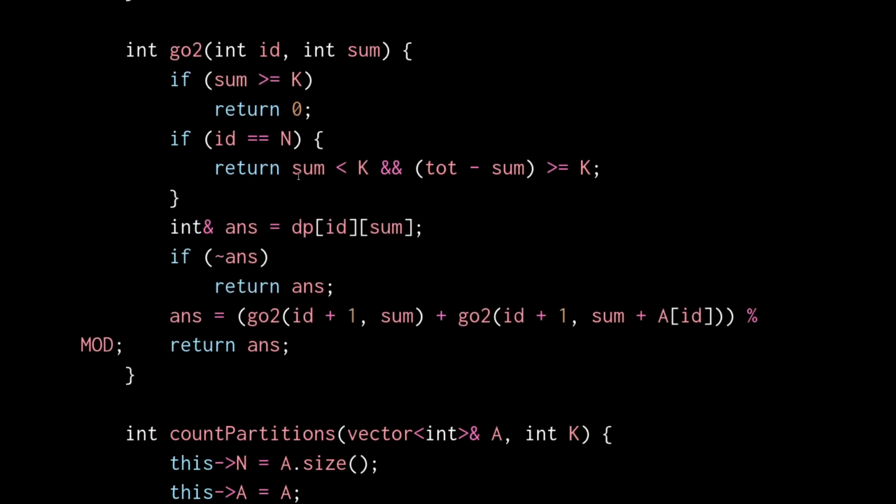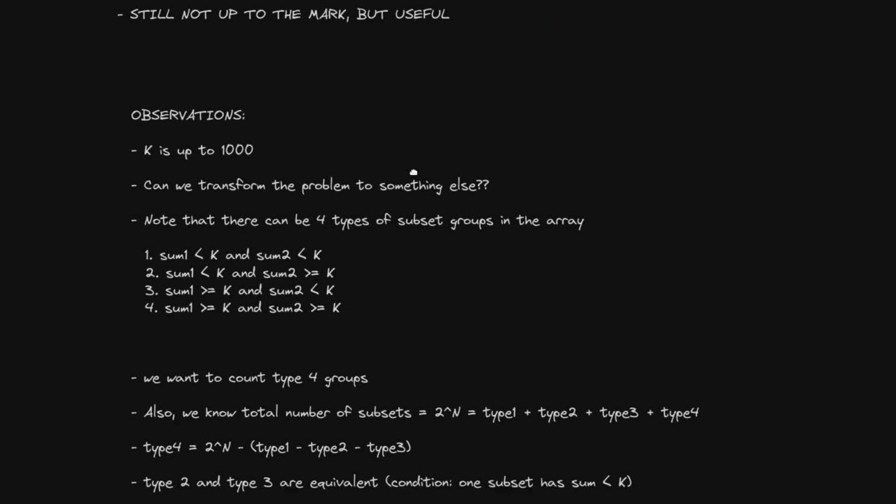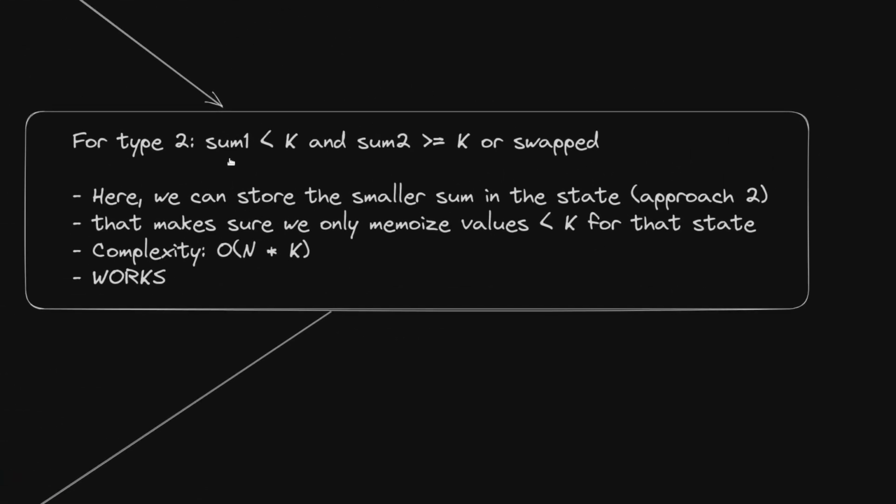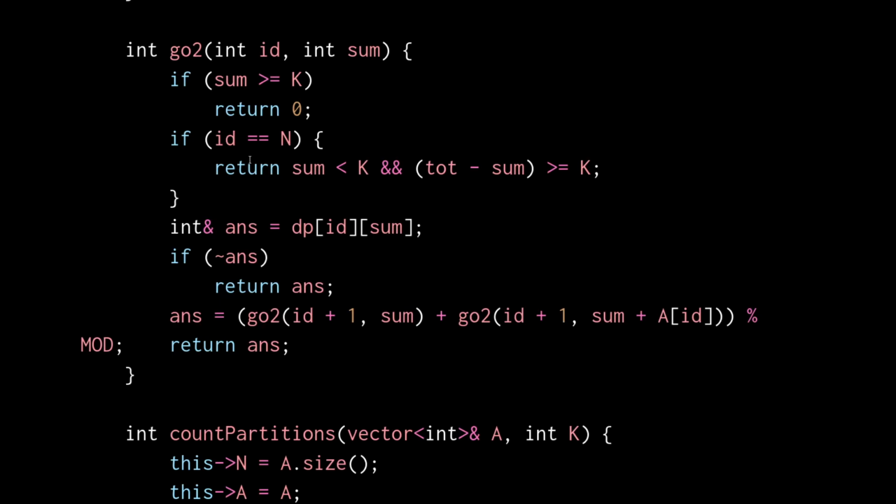The second type was to make sure the state that we are having here is less than k. The second one can be greater than or equal to k, but we only need to check whether the first one is less than or equal to k, because we are saying that for type 2, the first sum has value less than k, which is the parameter that we are storing in the recurrence function. And again, we are going to check whether